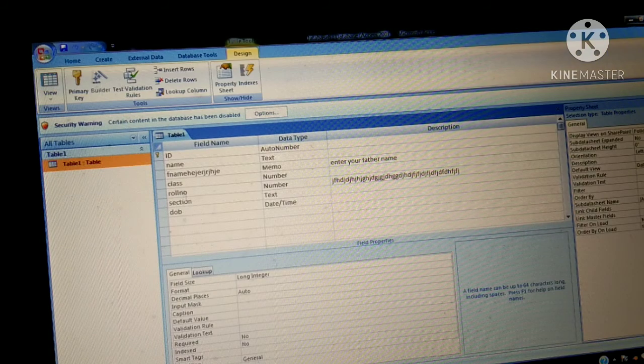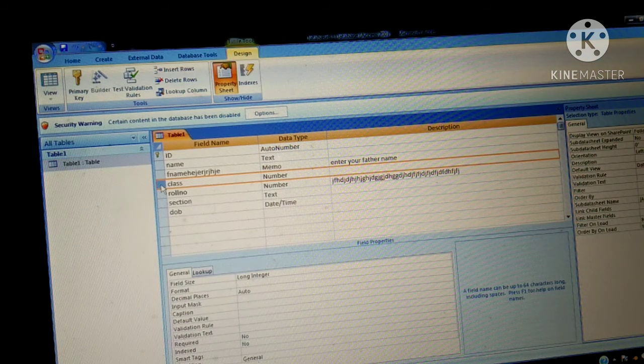When you are selecting the table design view, your design view will appear. Now from here design tab, here is a tools group. From here insert row and delete row option, from here you will do the insertion or deletion, or you will select that particular field जहाँ पे insert करना है या delete करना है, then right click and here is the option insert row and delete row option.